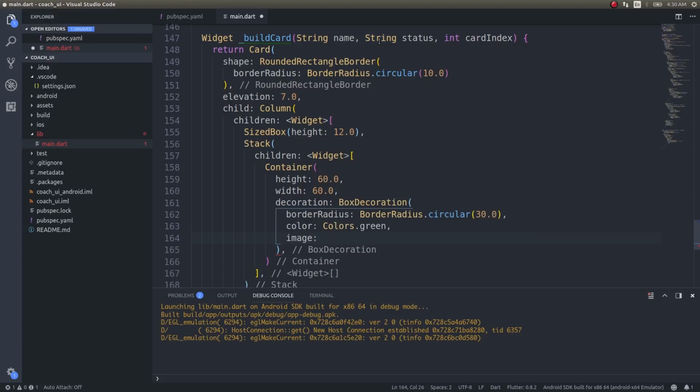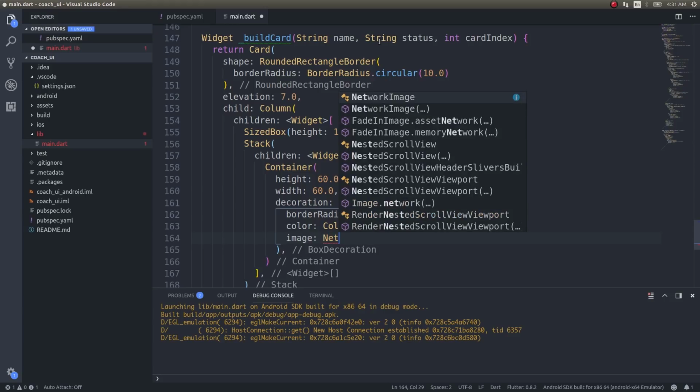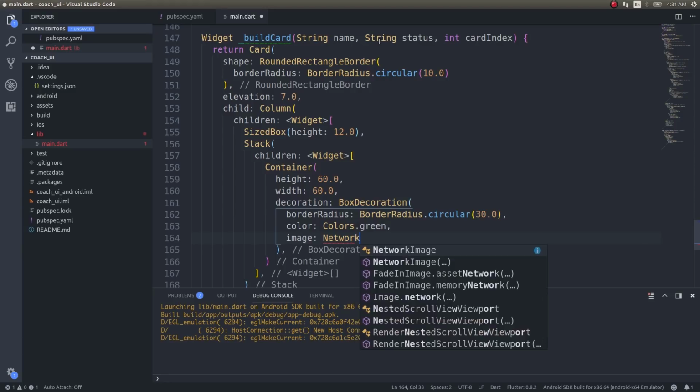Later on, when we integrate this with Firebase, whatever UI screen I'm creating now as part of my Flutter UI series, I'll be integrating those with Firebase as well, to show you how actual data can be pulled and then populated in those screens. So for now, we'll hard code this URL. When we are using Firebase storage, we'll just get the image URL from there and then display it here. So network image,